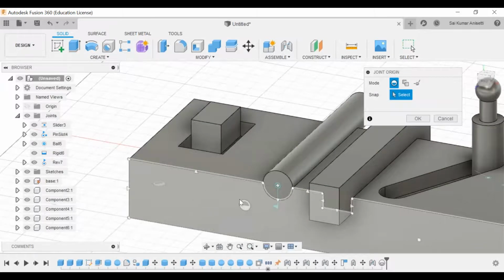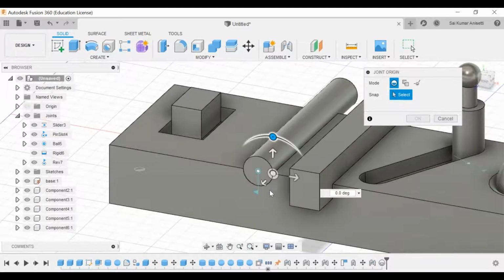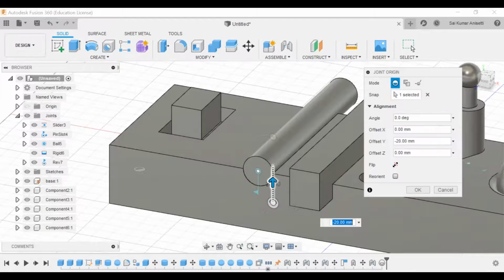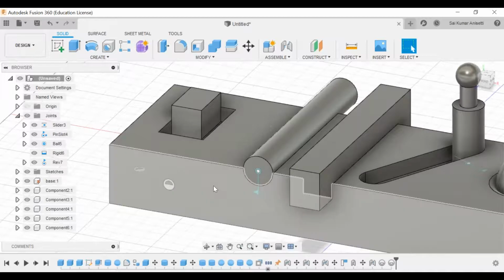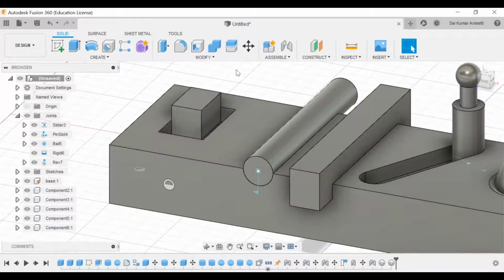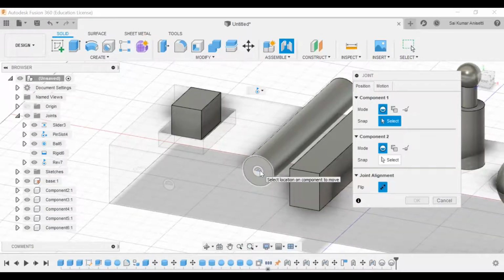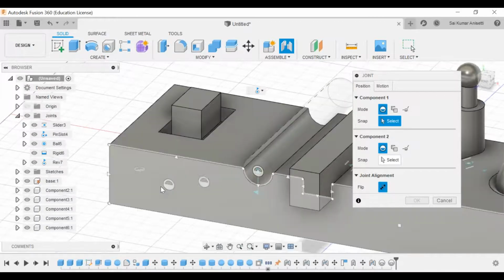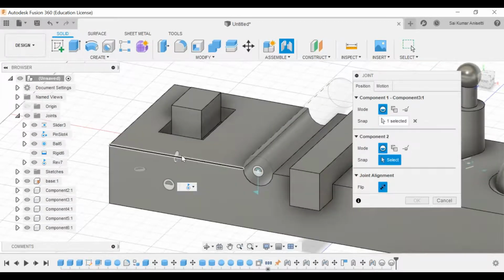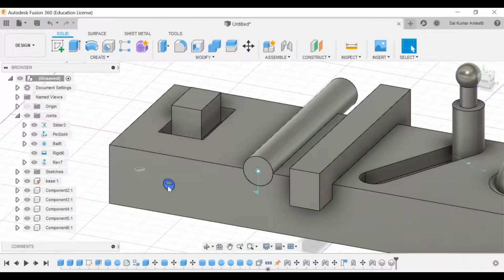So now if you want to create any point or make it exactly onto this face, you can get 20 mm from there, 30 mm from here. Click OK. Now it has created a point on this particular face. Now if you want to give any joint constraint with respect to this one, I can give any joint. Now it can snap. So if I select this face, there are face snap points onto the edge and also now onto the face. In that way you can create your custom snap points.